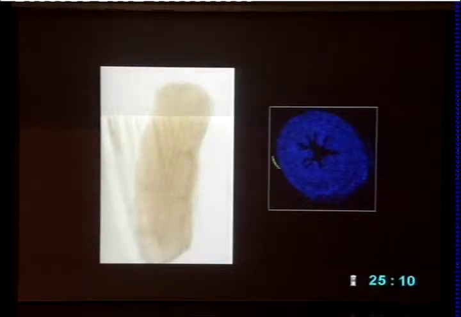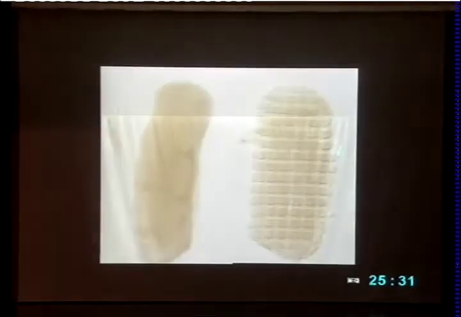So this is a ridge stage, and she cut it here and just spread it out. So this end used to be over here, so you see the ridges. This is about an E12 gut. And then she simply put a mesh screen on top of it and forced the cells, the tissue. Now they're constrained. They can't grow other than up into the mesh, and then form something that looks like an